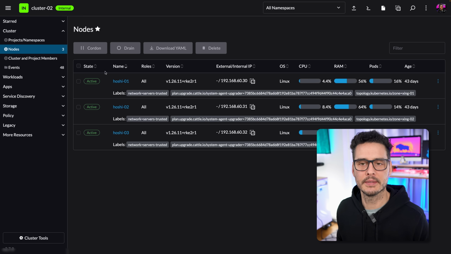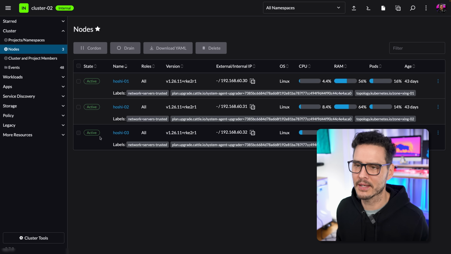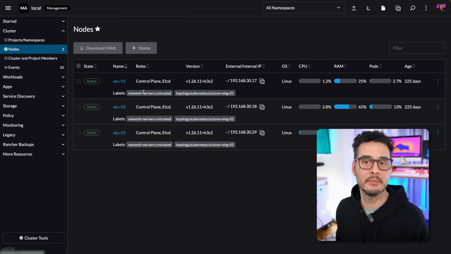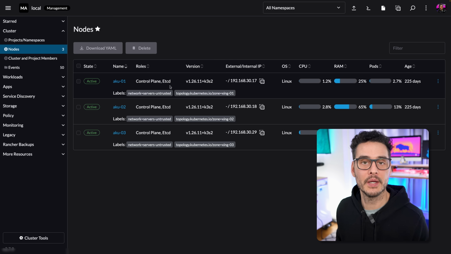So for completeness, let's look at my cluster O2. This is my trusted cluster, and I have 3 nodes there, and you can see it has all roles. So I decided to do that. So all 3 nodes are running all roles, plus they're a worker too, taking on workloads. Gonna separate that out here in a little bit as soon as I get some more resources. And the same goes for my local cluster too. 3 nodes, all roles, plus running workloads. And this is a majority of what's running on those Intel NUCs.